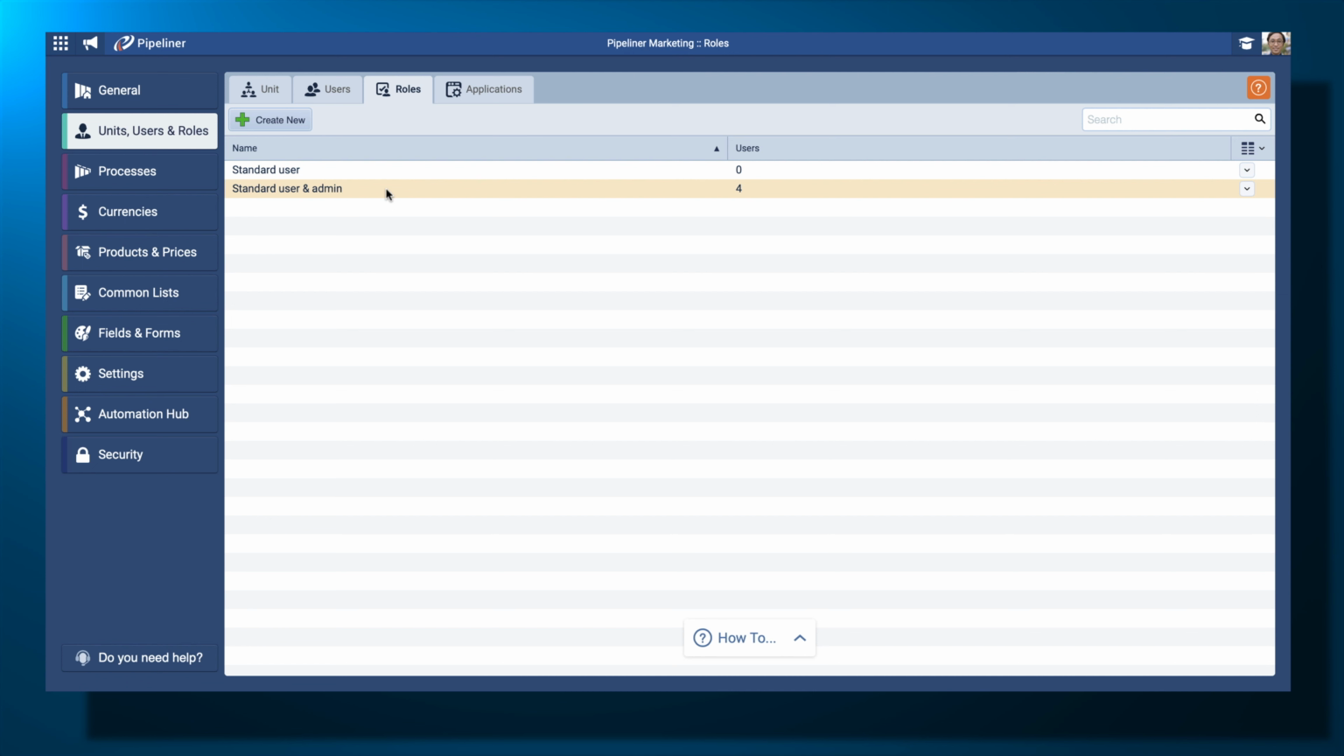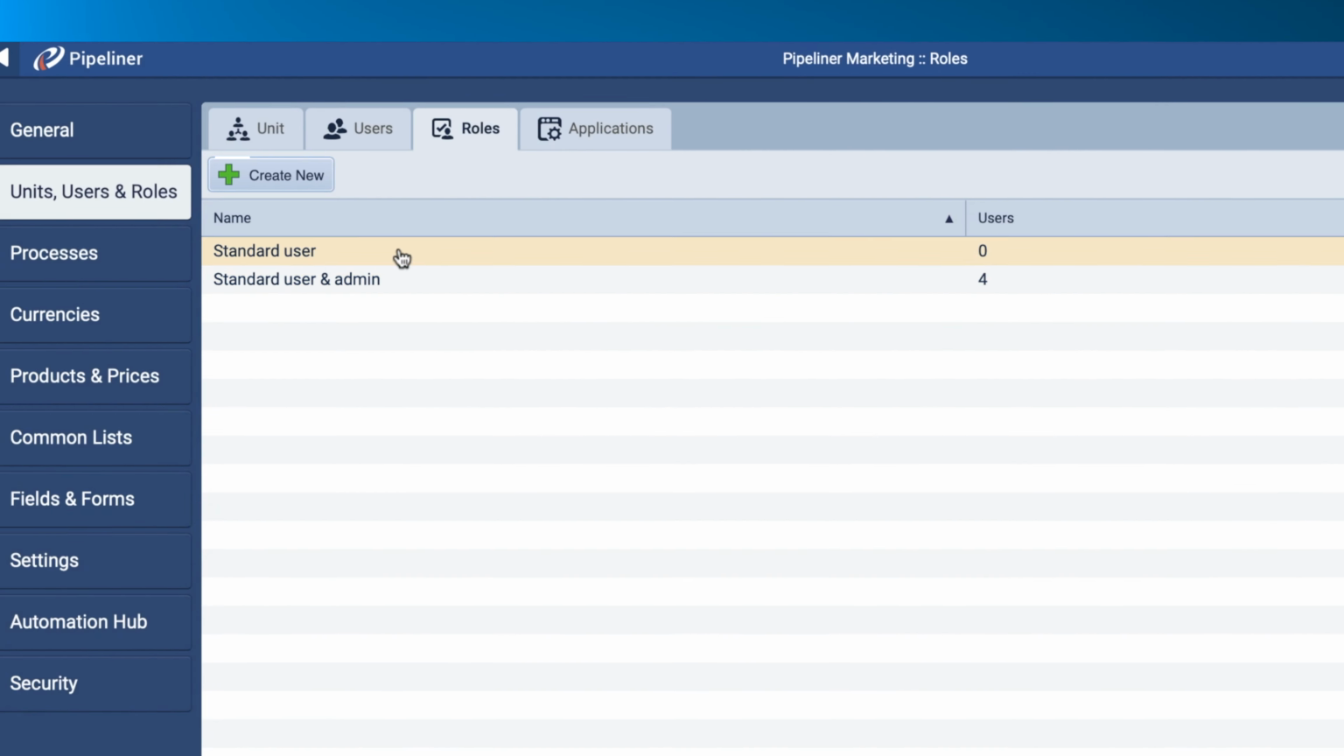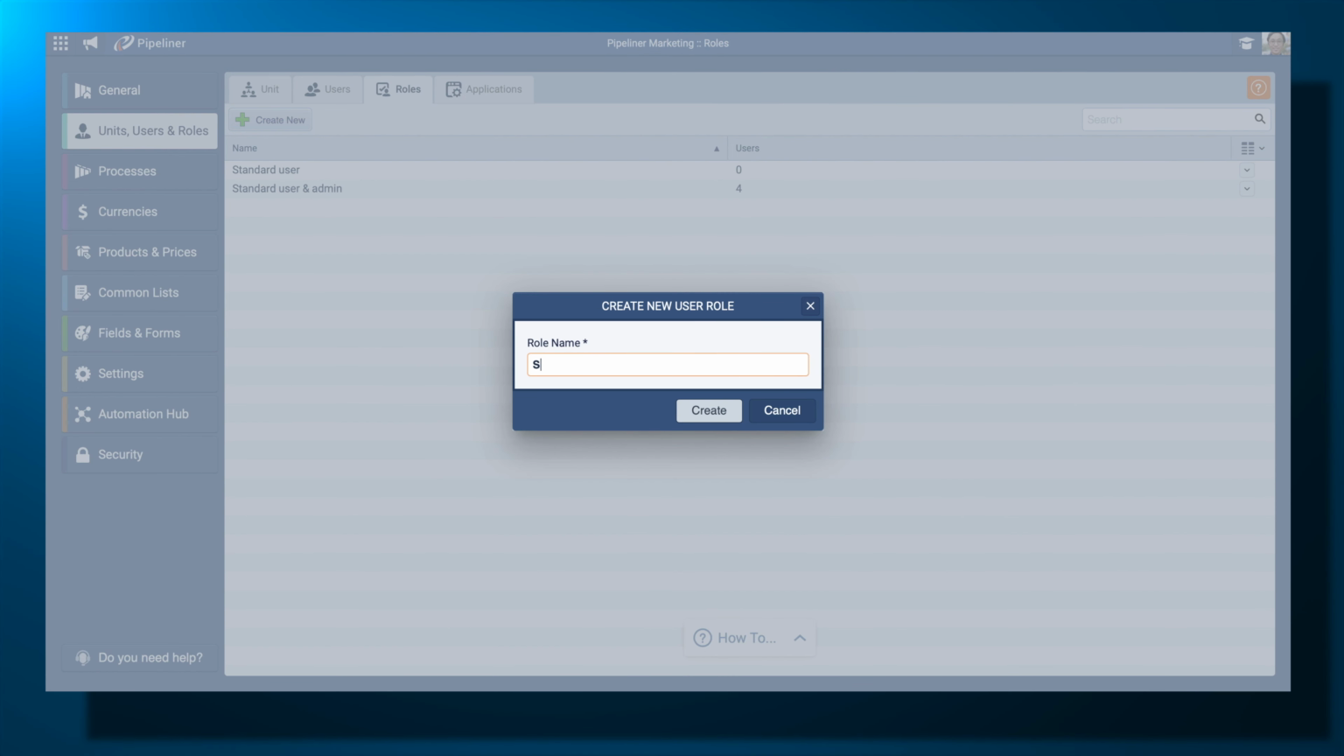plus admin. Each user in Pipeliner will be assigned to a particular user role. If you don't care for the types of things that people can see and do based on the standard user or the standard user admin, you can create your own user role. Click on Create New, decide what the user role will be called,